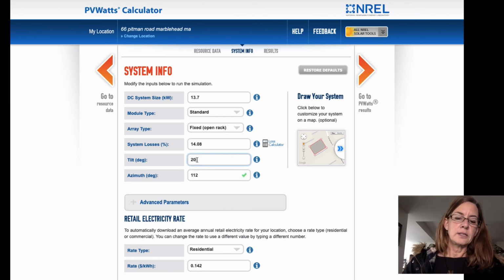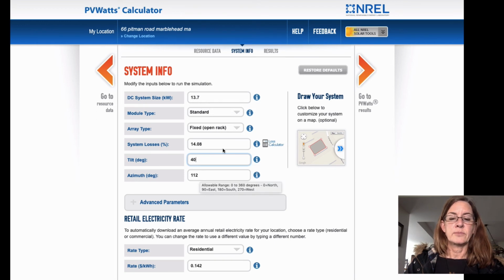And the tilt, if you don't know what the tilt of your roof is, so that's the angle relative to horizontal, if you don't know what it is, then you can take a guess. I'm going to put in 40 degrees because that's about right. And that's almost equal to the latitude of where we live. So that would be a good match for the tilt of the solar angles. So now I've put in the area of my roof, I've put in the tilt, I put in the azimuth,